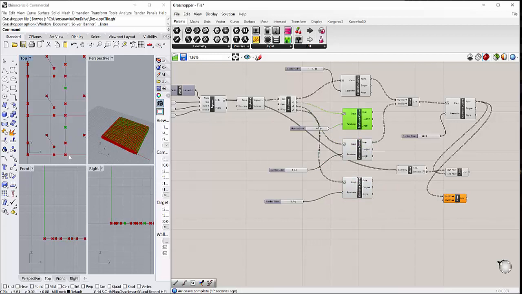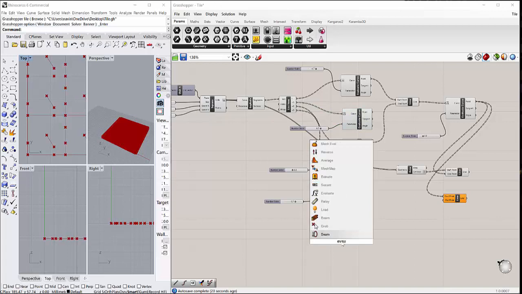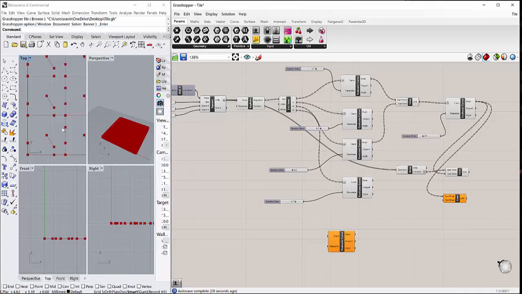So what I have to do is I have to evaluate a curve, because I cannot move this point to here. I need to create a new point, so I will create a new point on this segment, which is this one,